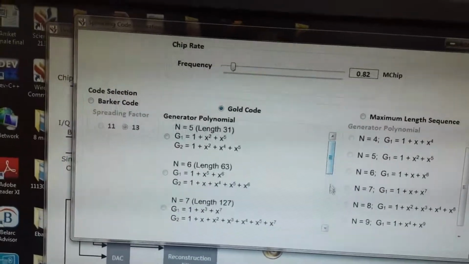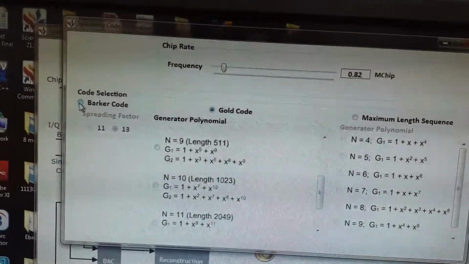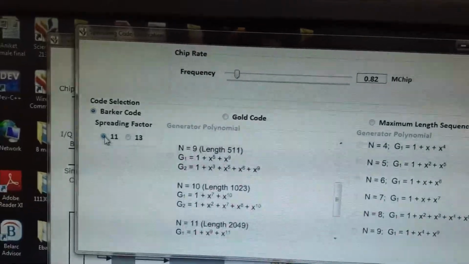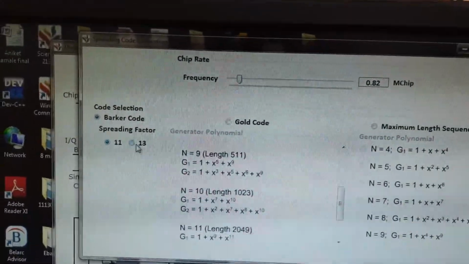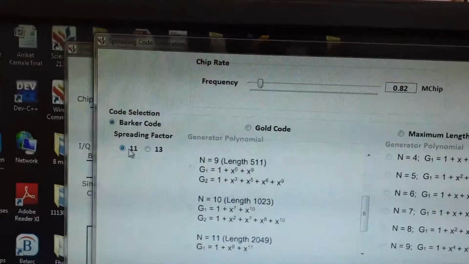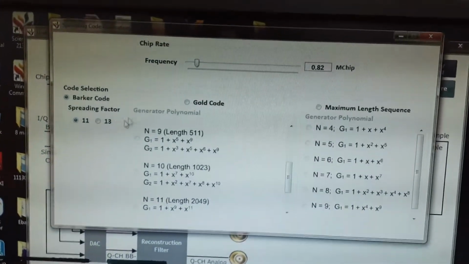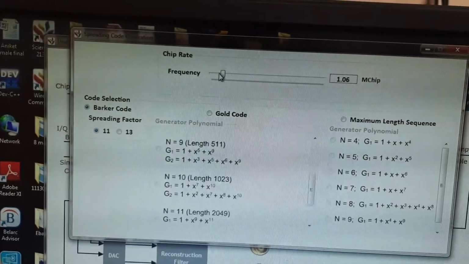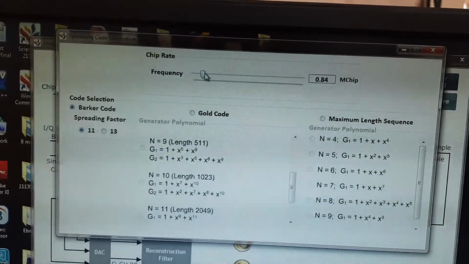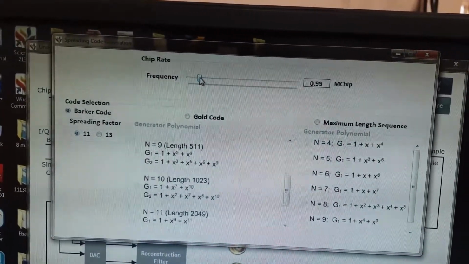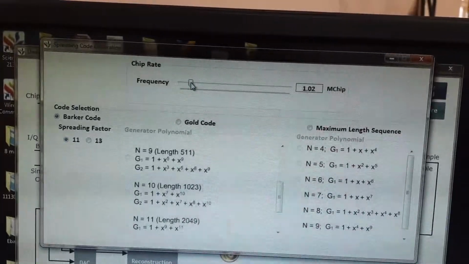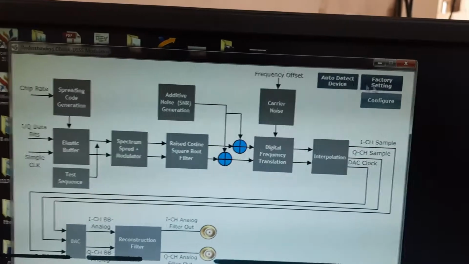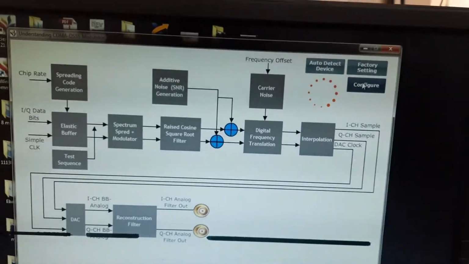First we will perform the Barker code spreading technique. In Barker code we have two options, 11 and 13, and we will perform first on 11 and select MGS as 1. Okay, just close the window and configure.